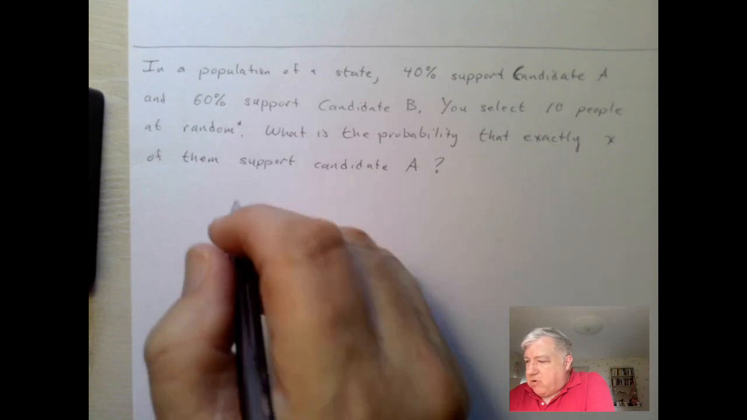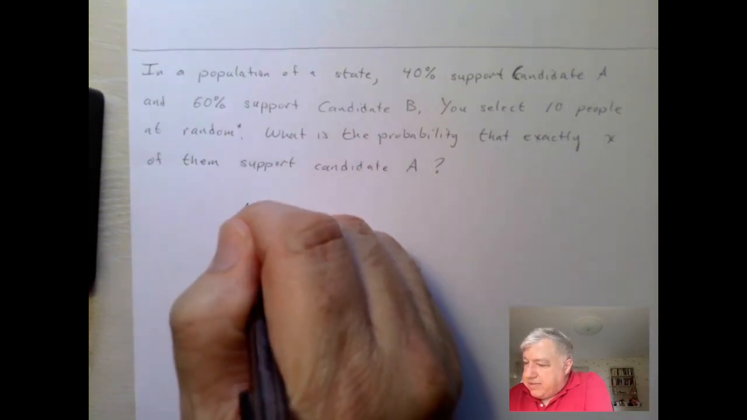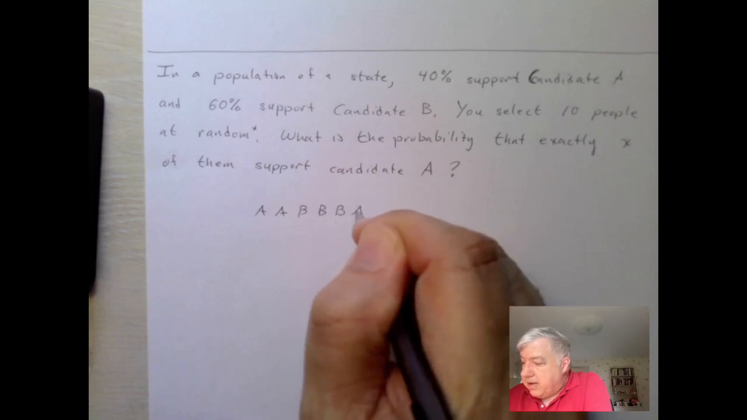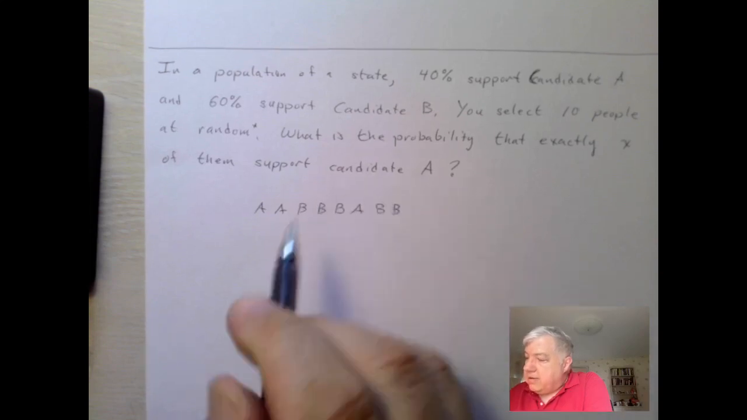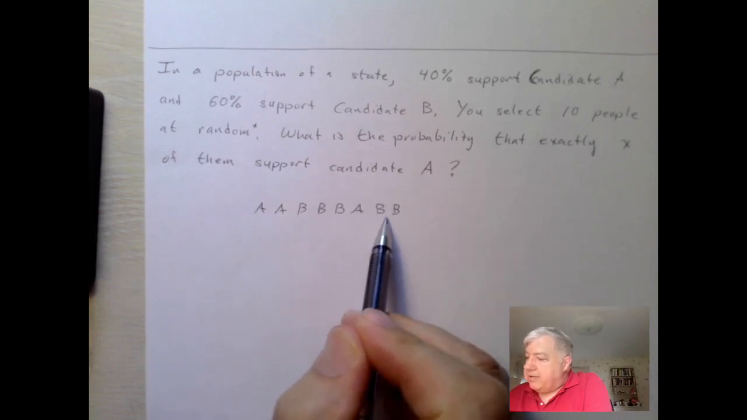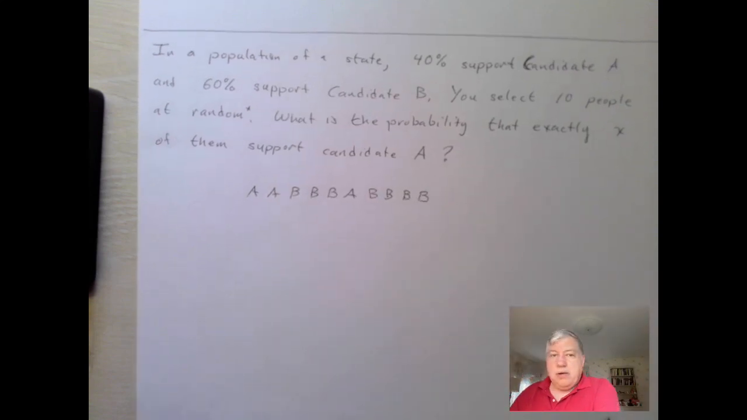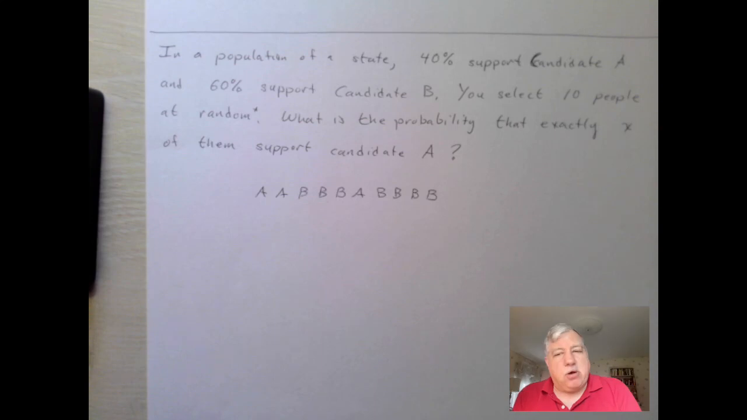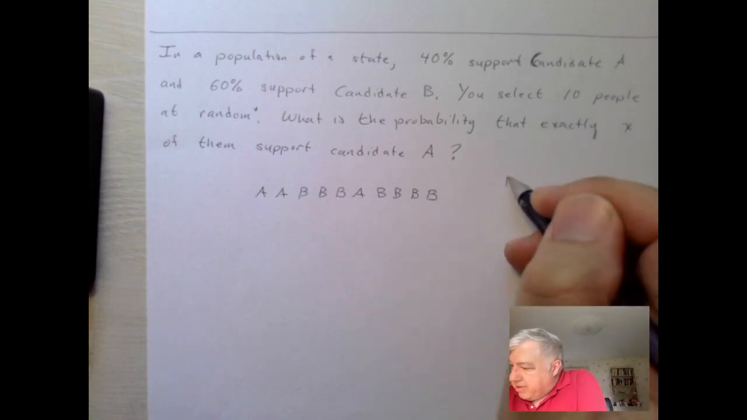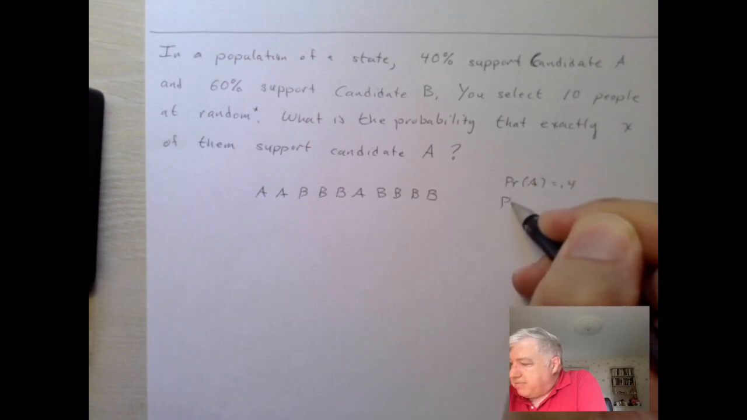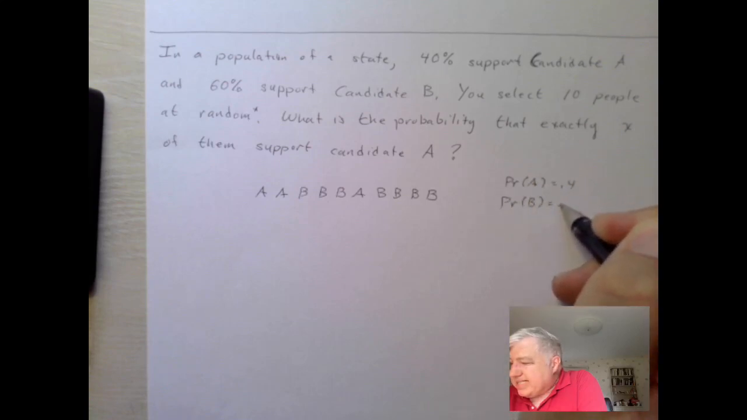We can say an outcome might be something like this: A, B, B, B, A, B, B, 1, 2, 3, 4, 5, 6, 7, 8, 9, 10. Okay, so this would be an outcome. Instead of heads or tails, we have A's and B's. But we can see the probability of an A would be 0.4, the probability of B would be 0.6,